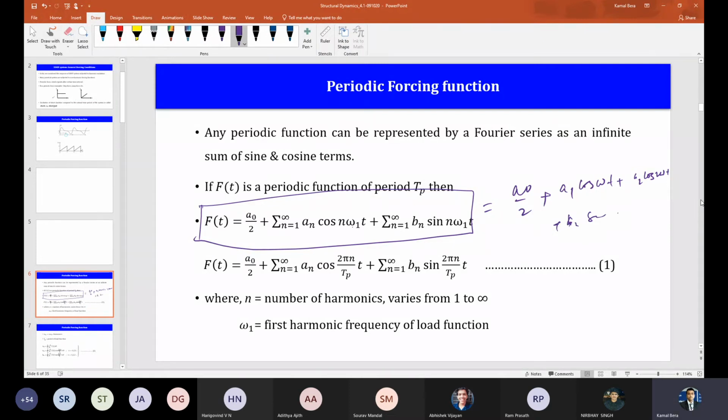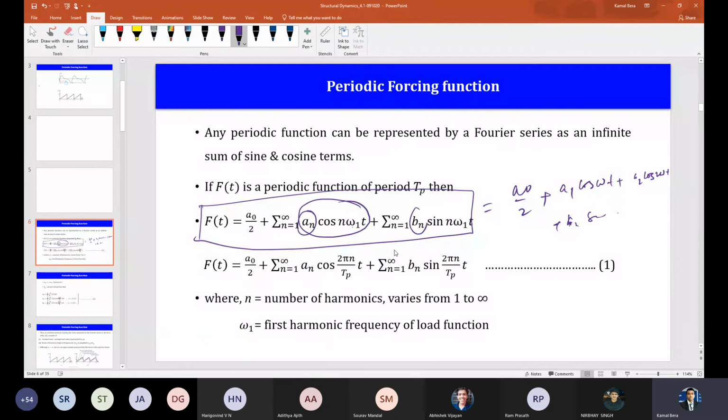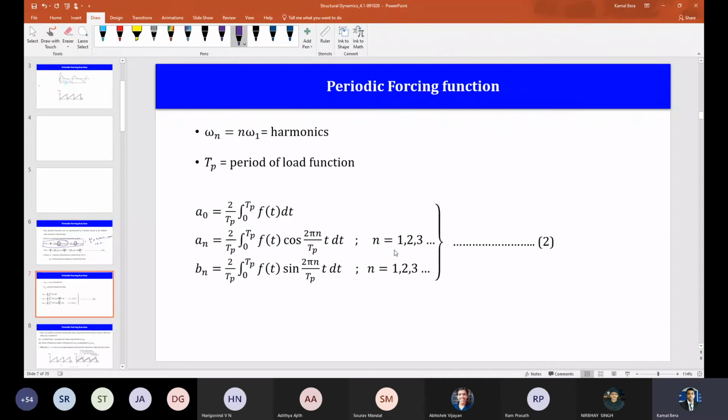So now you know how to find out the response for this, right? N equal to 1, n equal to 2, 2 omega is like a frequency, right? So it is either sine omega t or cos omega t. Just find out the response for each individual term and add it by virtue of superposition. Then you get the response. Now how to find out these coefficients an and bn? Any idea how to get an or bn? I've written here what an and bn are.